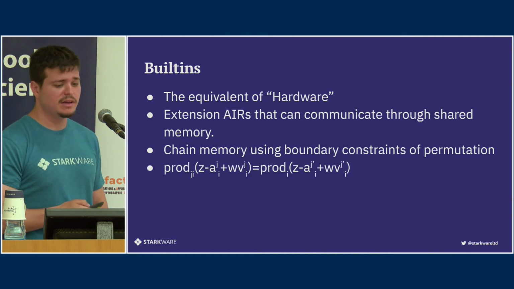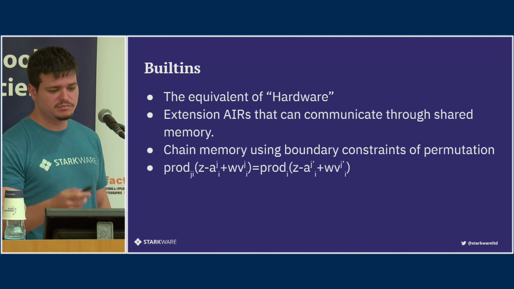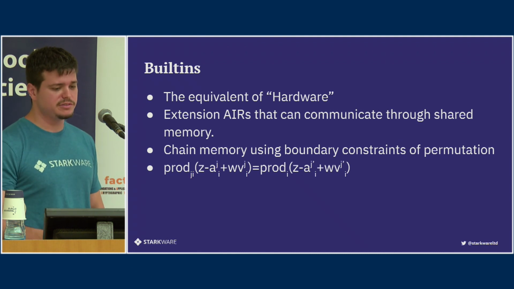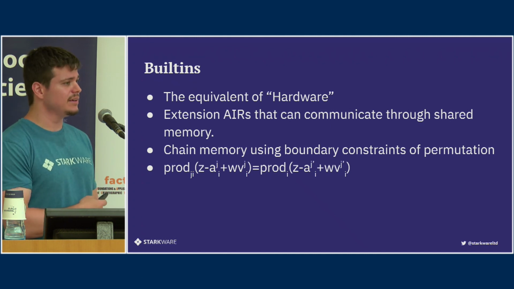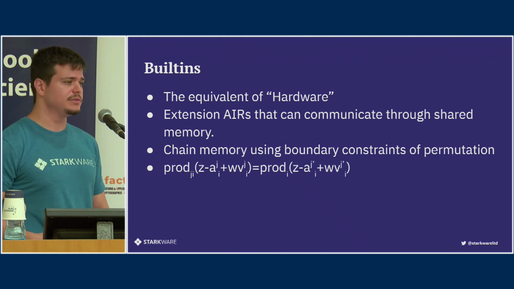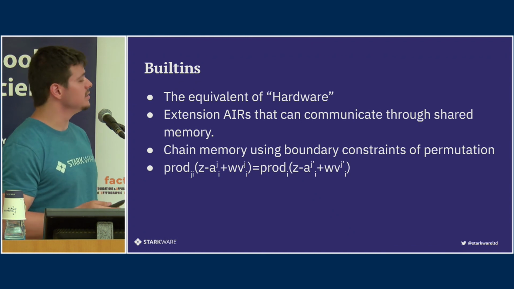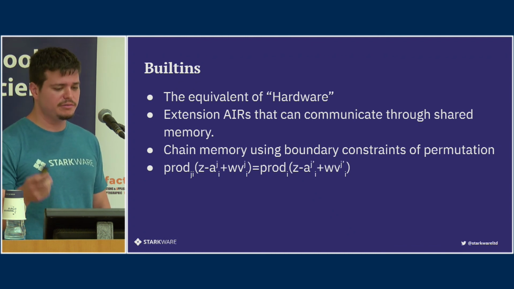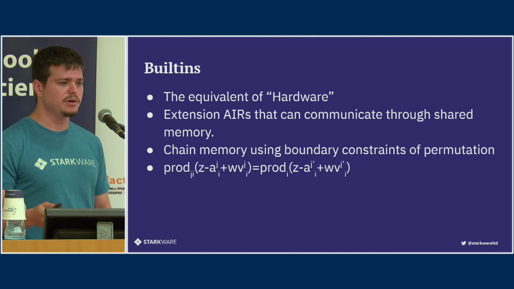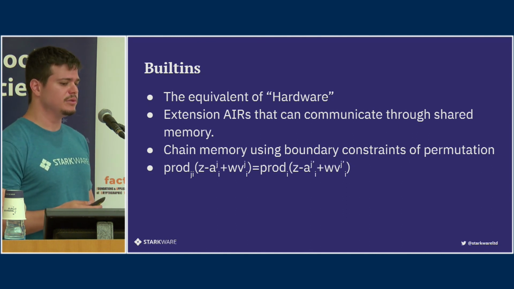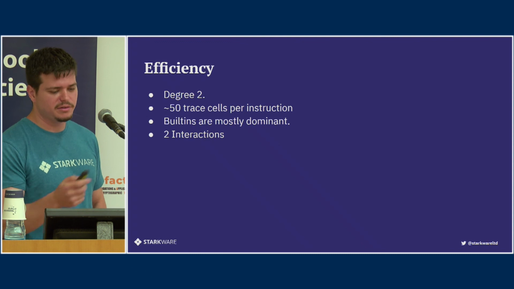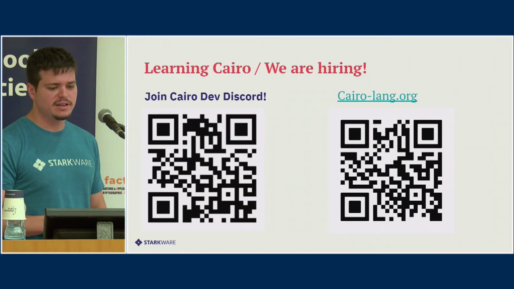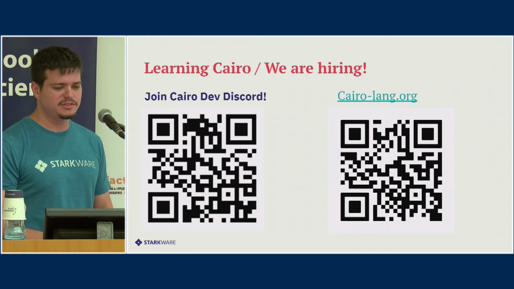And the last thing which gives a lot of the benefit to the efficiency is, I'd say, the built-ins. Now, we can extend this architecture with a bunch of other components we have, like hashes and verifications and other stuff, and they just communicate through the memory. Both have access to the same memory, and just communicate through it. So, okay, about 50 trace cells, and it's pretty efficient, and that's it.